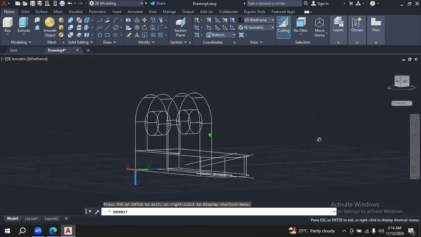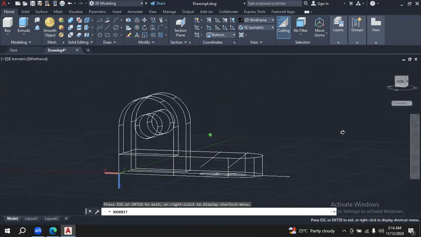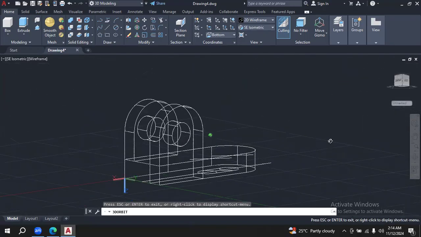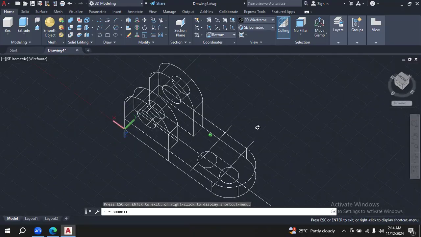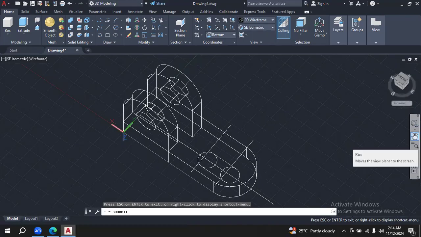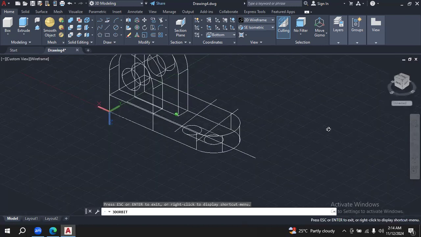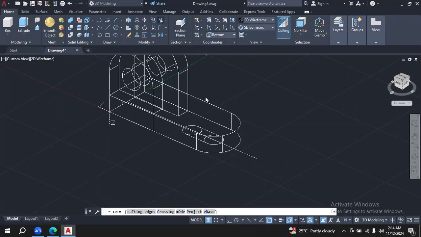Once you start revolving, you see the lines are not exactly on x-axis. That is why the trim command doesn't work. So these sort of problems do create in 3D modeling, but once you use the rotation command, you can easily figure out them. So delete these lines and now locate